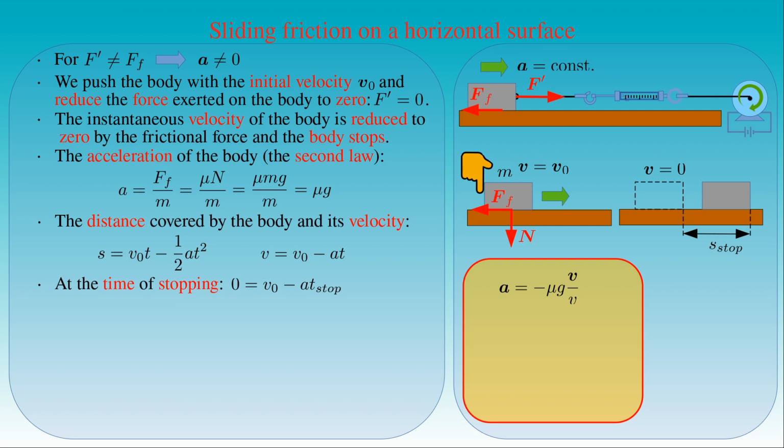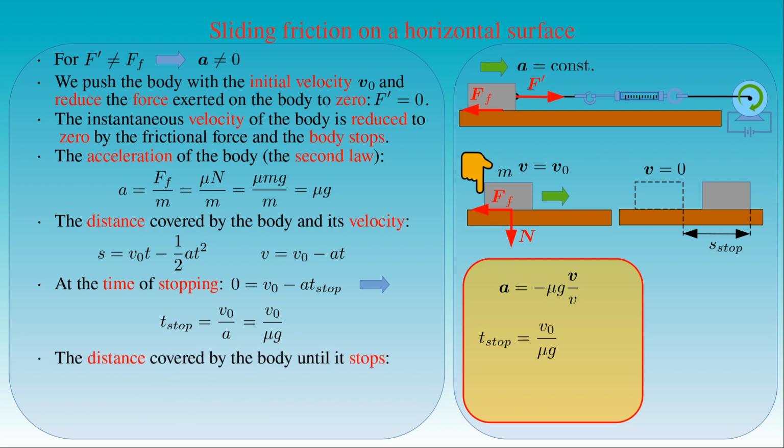As a result, the stopping time of the decelerating body is given by the ratio of the magnitude of the initial velocity v0 to the magnitude of the acceleration A, that is the ratio of the magnitude of the initial velocity v0 to the product of the coefficient of the sliding friction μ and the magnitude of the gravitational acceleration g. By substituting this result into the distance formula, we can write the stopping distance as the square of v0